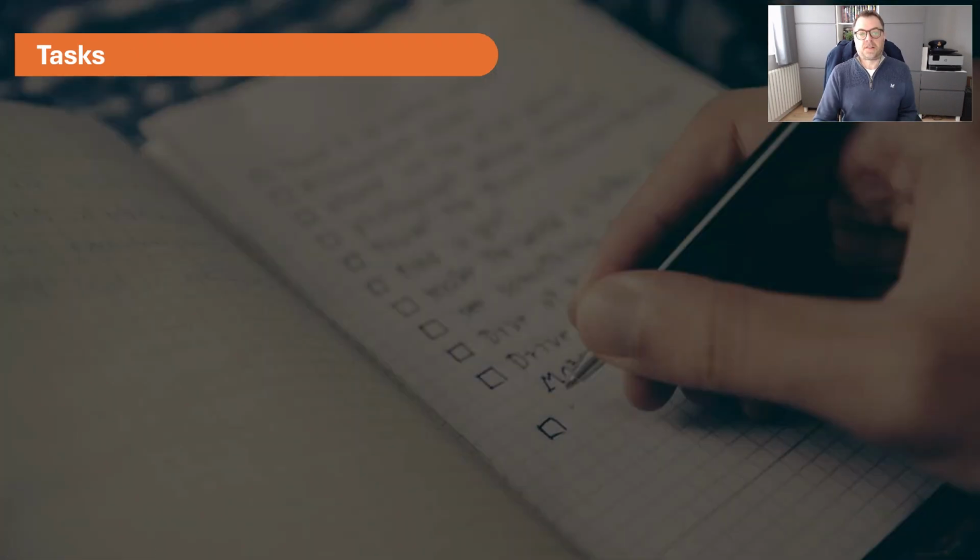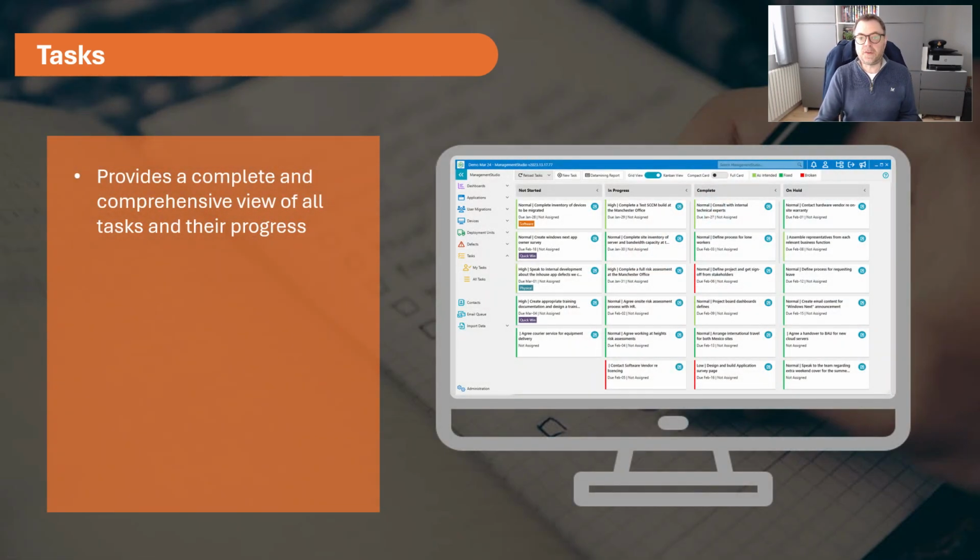As the name suggests, tasks allow you to create tasks and assign tasks to particular members of the project team. You then have a complete view of the status of the tasks, so what's in progress, what's completed, what's on hold, and what's yet to get started. As we were just discussing defects, then maybe a key task would be to resolve that defect to enable the